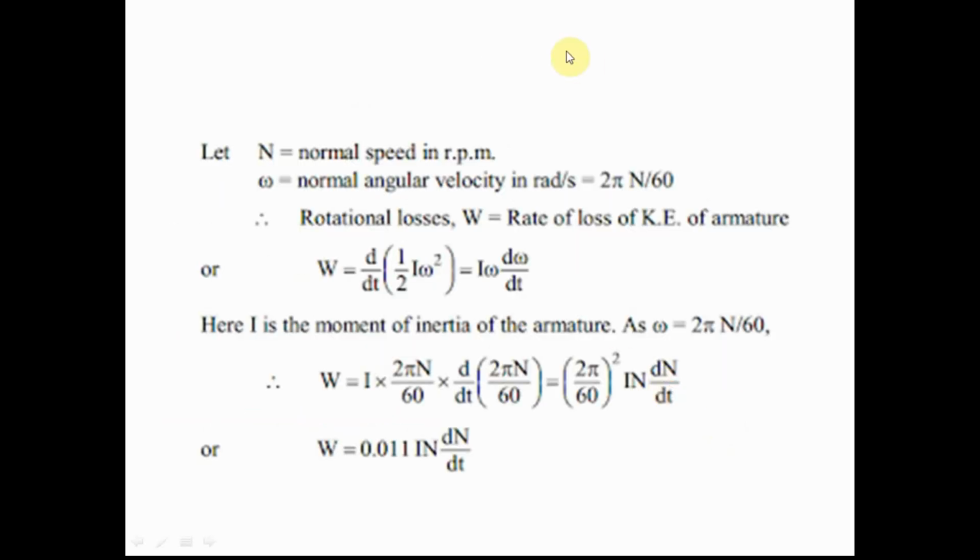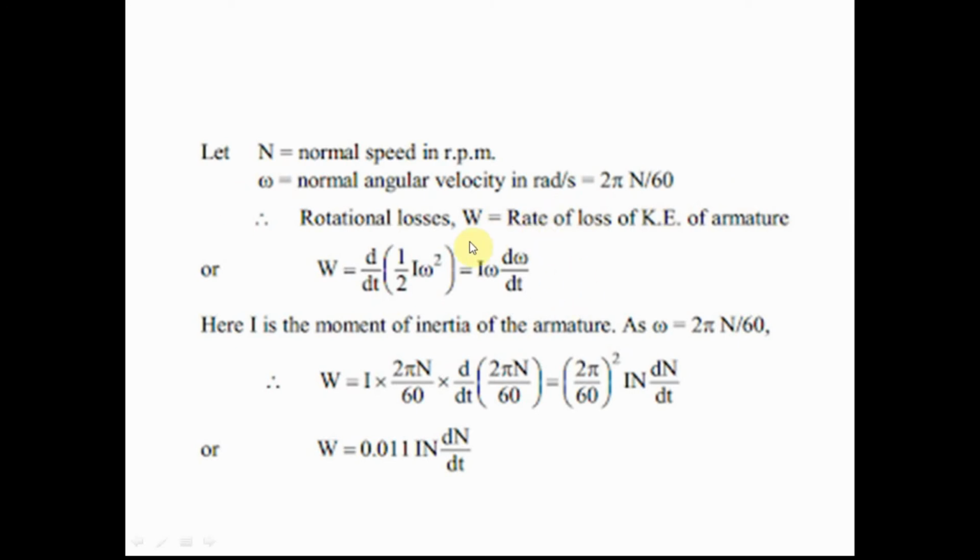So here, first we will assume that n is the normal speed in rpm, then omega is the normal angular velocity in radian per second, which is equal to 2 pi n by 60. So the rotational losses will be given by the rate of loss of kinetic energy of the armature. This rate of loss of kinetic energy is nothing but the